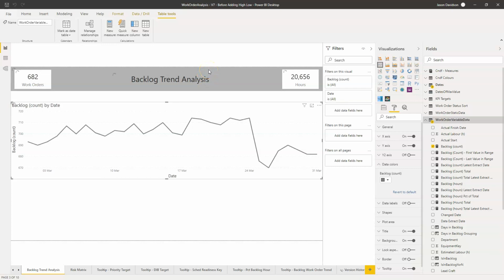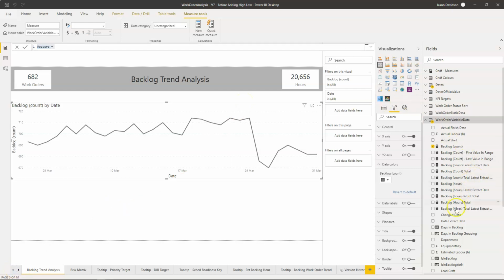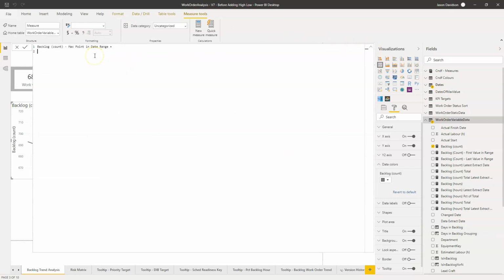And that measure is going to be, so we're going to add in a new measure here, and let's go and, yep, we've got it up here. So we're going to call this one backlog count max point in date range. Okay, so that's going to be the maximum point in this date range. So we're going to start off with